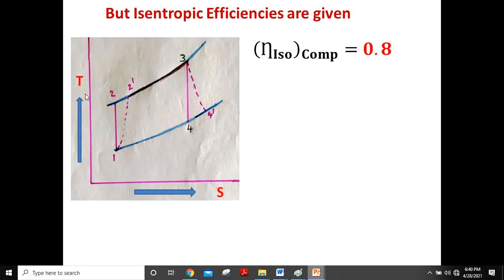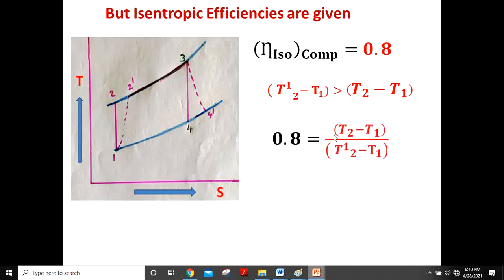the maximum difference is T2 dash minus T1, and then T2 minus T1. Therefore, T2 dash minus T1 is greater than T2 minus T1. See, if it comes to 0.8, the denominator should be more, that is T2 dash minus T1. Like that you think, okay, you won't get the confusion in examination. T2 dash minus T1 upon T2 minus T1.